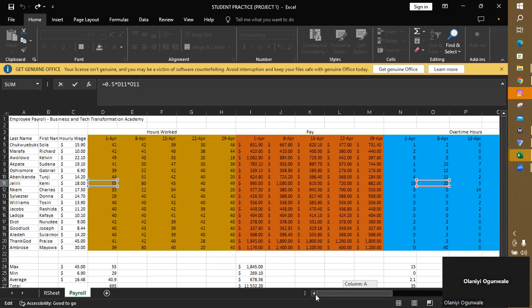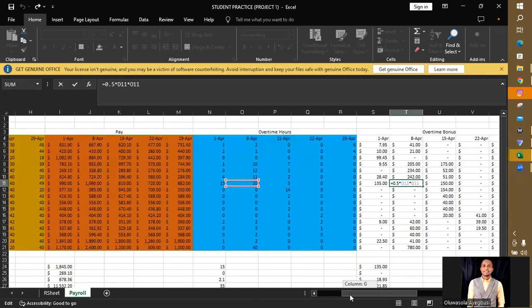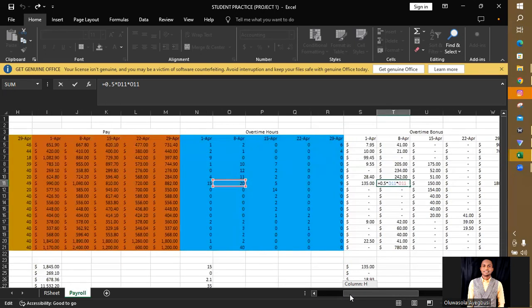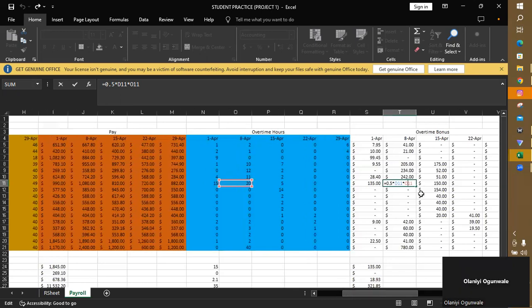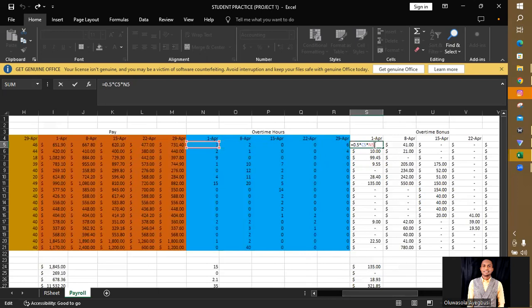So C should be maintained. You shouldn't jump to D. Then the O, yes, the O is correct in terms of the overtime hours. So let's try and restructure our formula. Here we should actually have